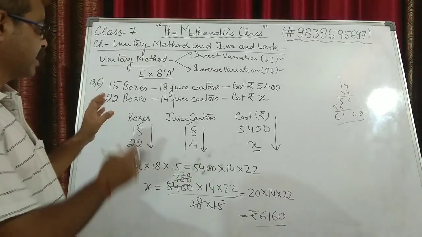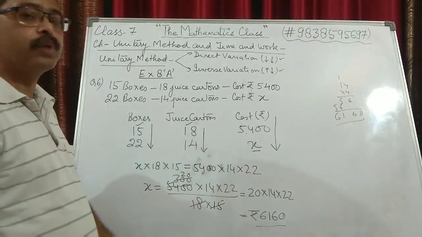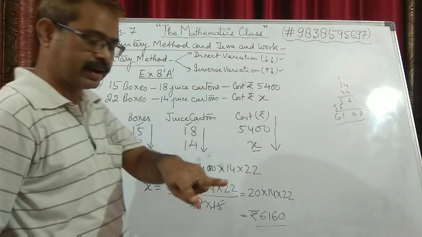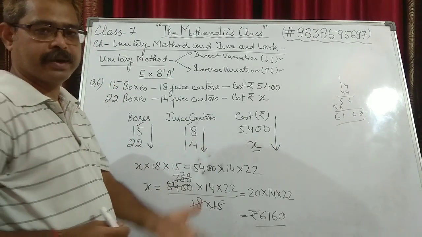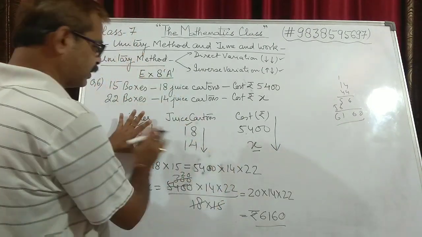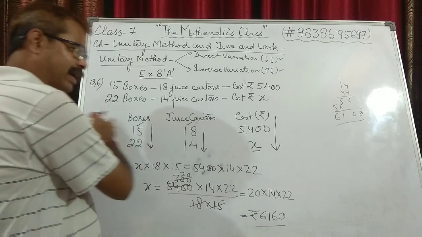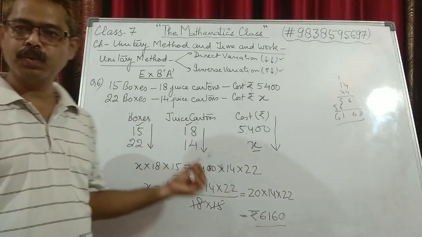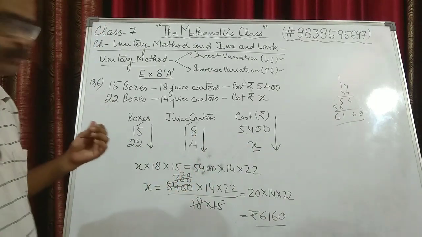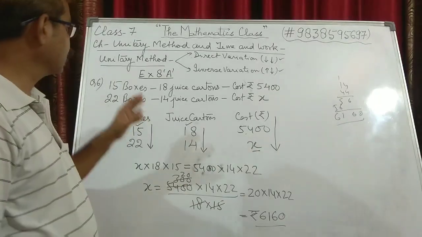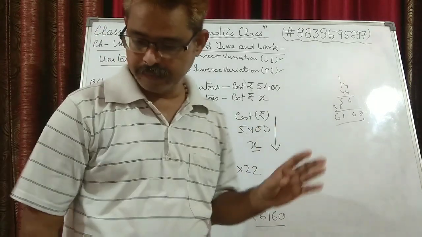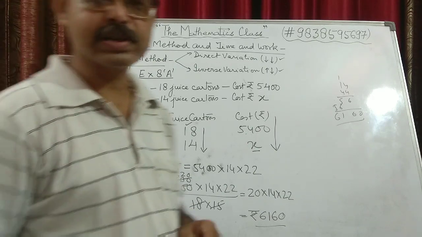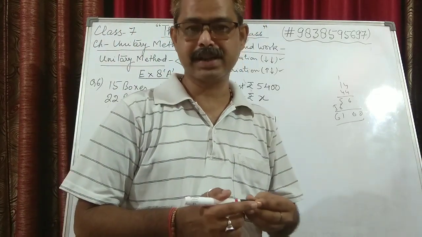Now what we did: if more than 2 quantities are given to you, you will hide one and compare the 2 that are left. And again, once you are clear with that, hide the other one. In this way, even if 10 comparisons are there, it can be done. You have to compare only 2. So now I hope we have done up to 6 questions. Now 7, 8, 9, 10, 4 questions are left. That will be covered in the next class.